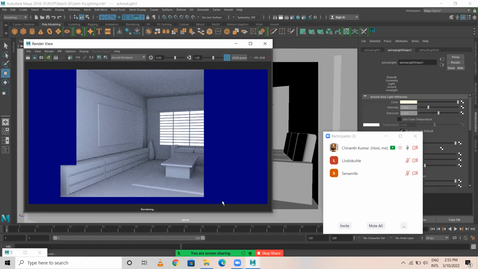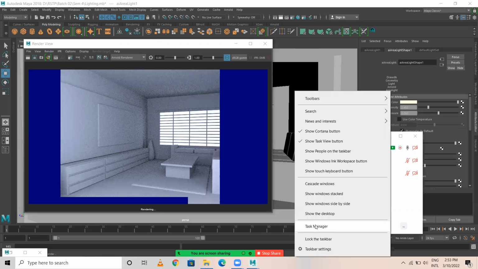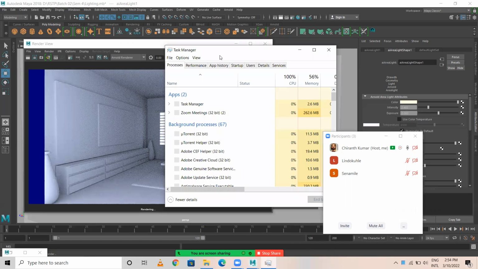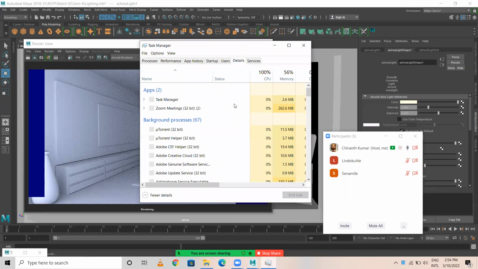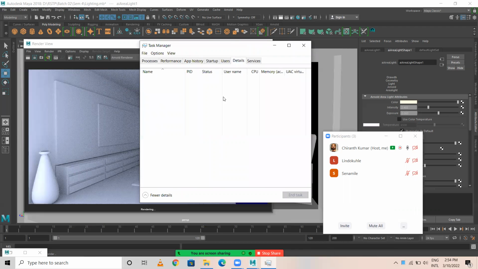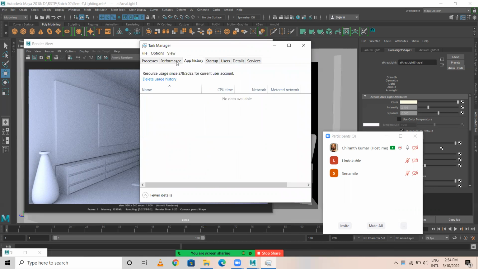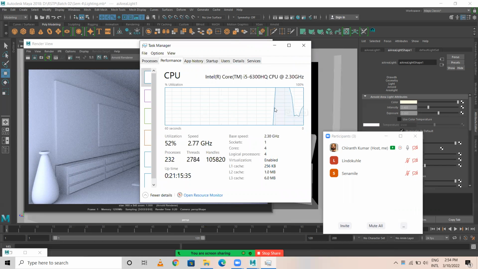And if I run my task manager, you'll get to know how much memory it is taking. So you get to see the system utilizes up to 100% here.